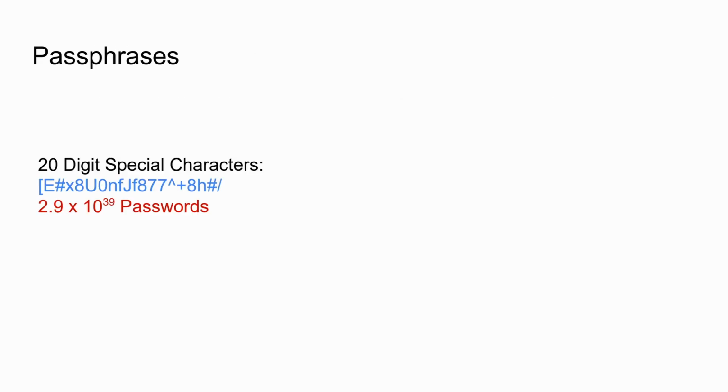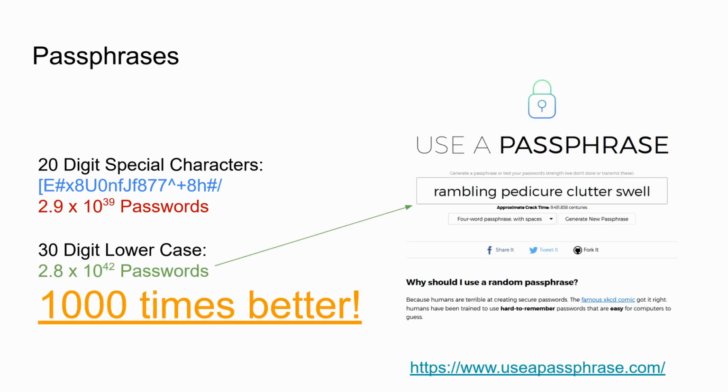But doing this is kind of a mess, right? So here we've randomly generated 20 digits of special characters. And in this setup where it's a 20-character password using special characters, it's 2.9 times 10 to the 39th number of passwords possible, which is a pretty big number. However,